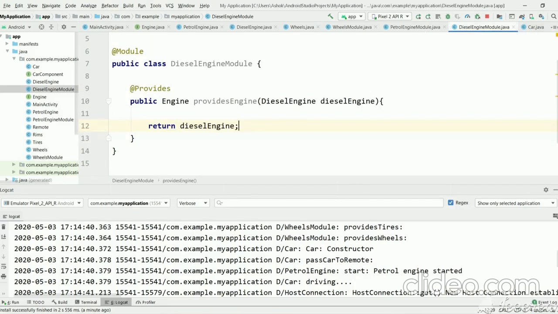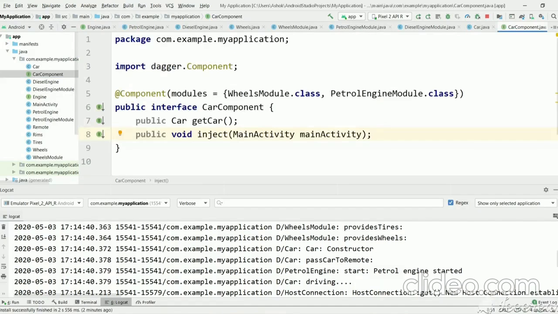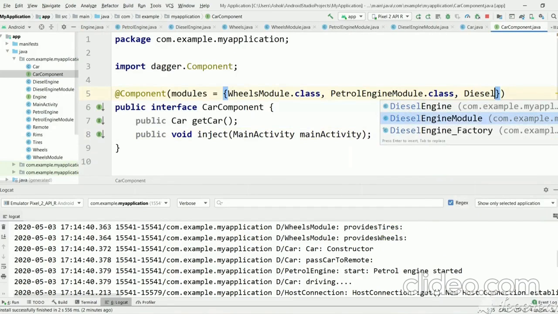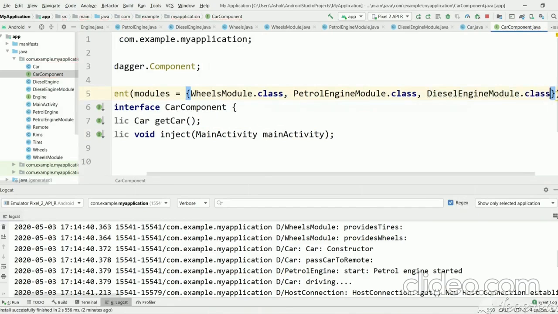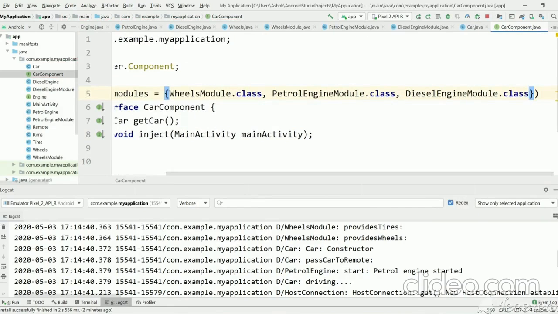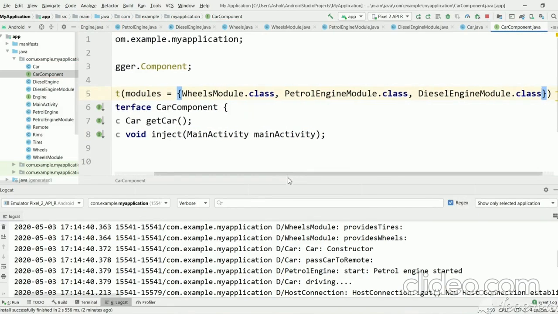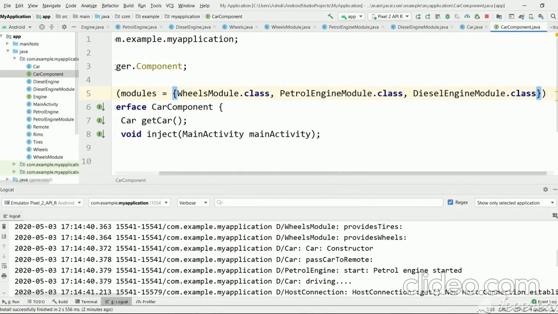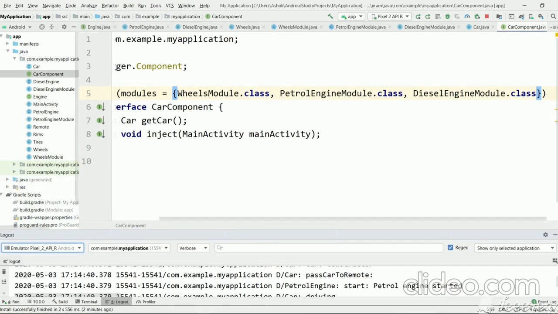Let's try to provide this diesel engine module also to the car component. Here we have provided the petrol engine module, and we are going to provide the diesel engine module as well. In this case, Dagger will be confused about which object to create, either petrol engine or diesel engine, because we have provided both modules.